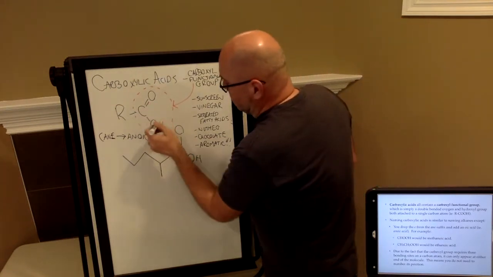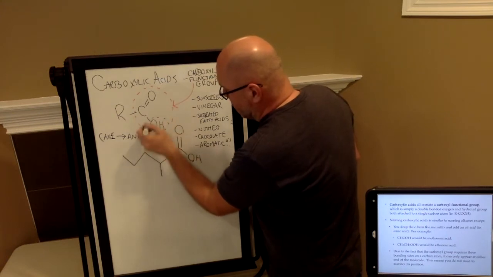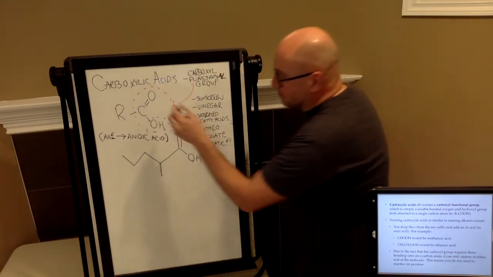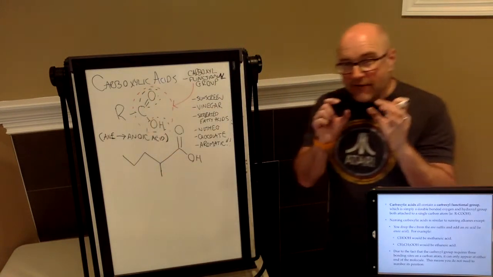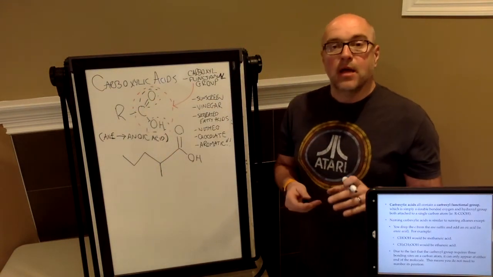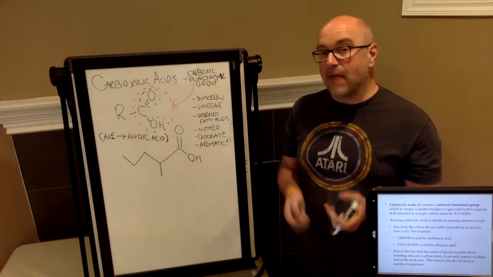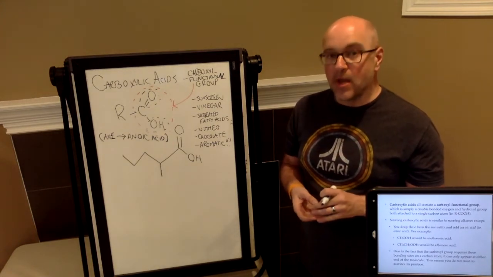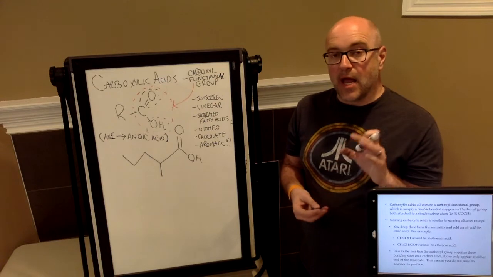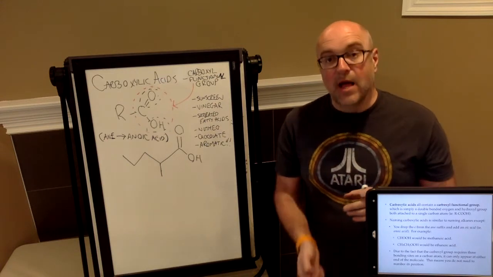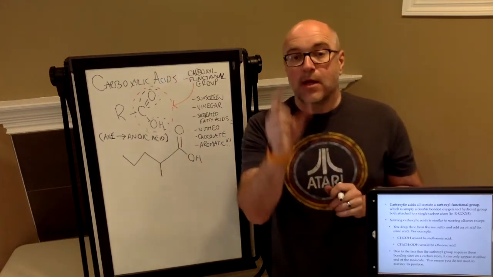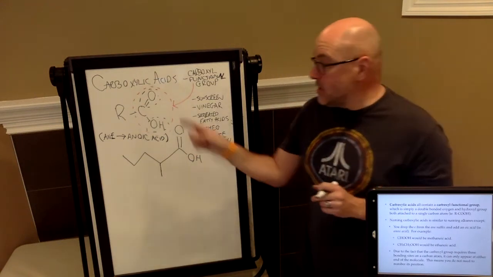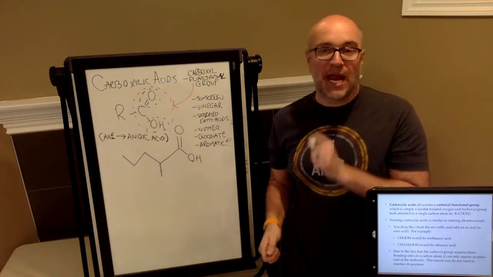So basically what you're looking for is not just a hydroxyl group, because it does have a hydroxyl group in there, but there's also going to be a double bonded oxygen atom as well. That's going to be the difference between an alcohol and a carboxylic acid. On the same carbon that has the hydroxyl group, there's going to be an oxygen as well, double bonded. And the other difference is, unlike alcohols, this functional group only appears at the end of the chain,